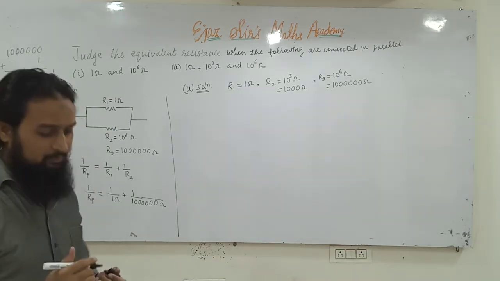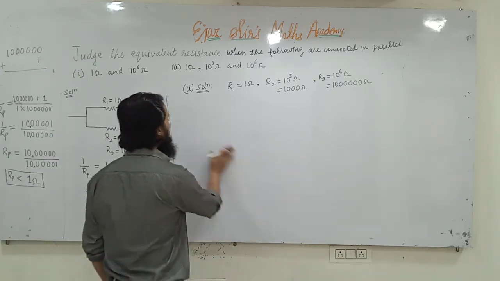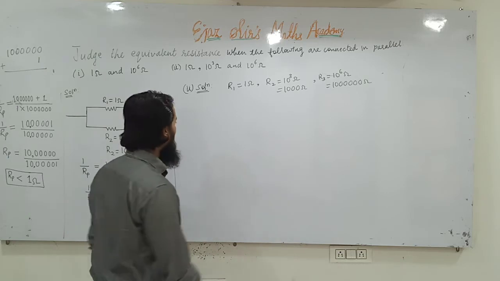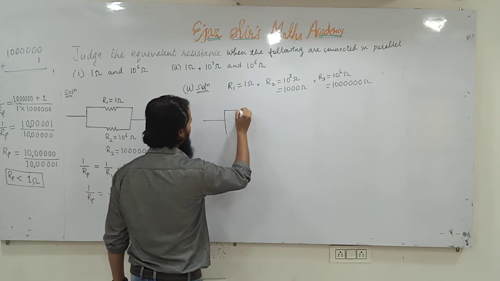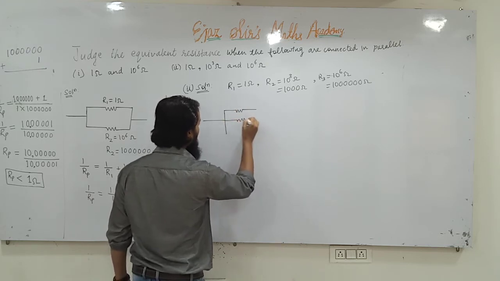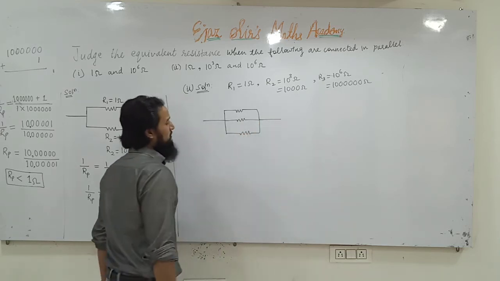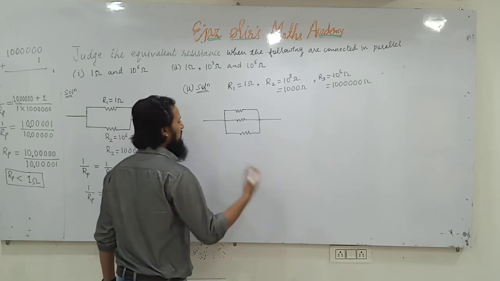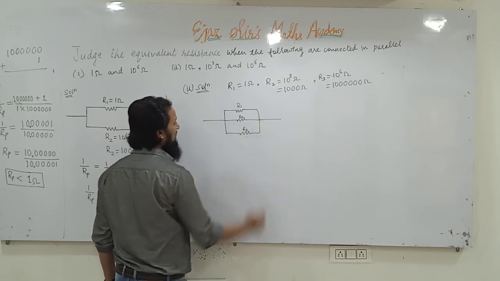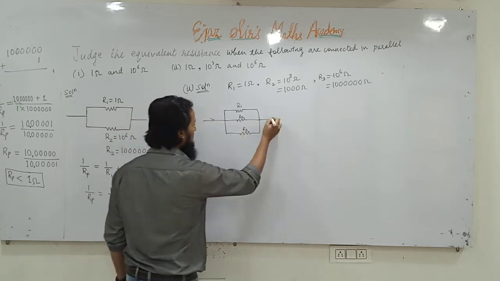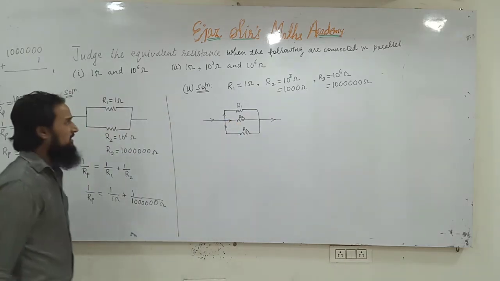These three are to be connected in parallel, and we know when resistors are connected in parallel, the resultant value is always less than each individual value. Shall I make a diagram for it? It's not necessary, but for your convenience, I am drawing it. This is R1, this is R2, and this third resistance is R3. They are connected in parallel. The current is going like this. Here the current is divided into 3 branches. Therefore, the 3 resistors are connected in parallel.